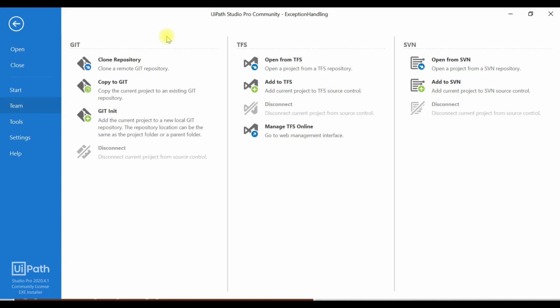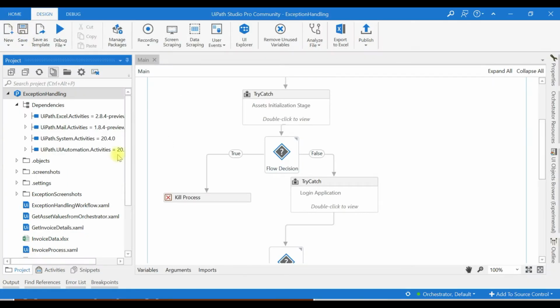What is a version control system? Using a version control system, you will be able to track the changes you made in your code when you develop a project. That is the main purpose of a version control system. A repository is nothing but a collection of files of various different versions of your project. Once we push our code to a Git repository, you will be able to understand it easily.